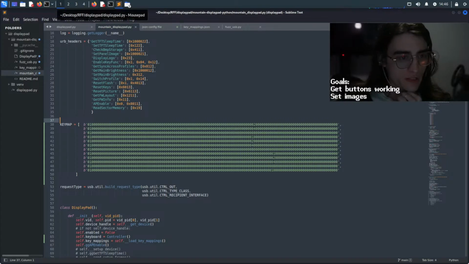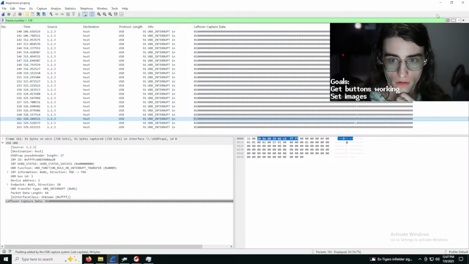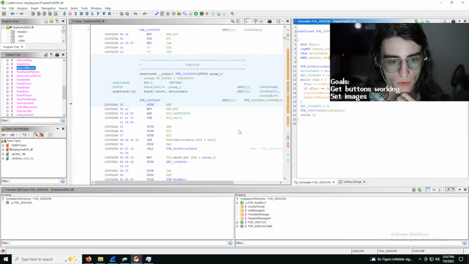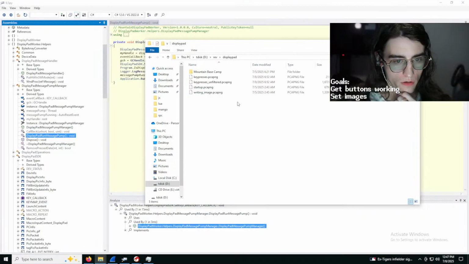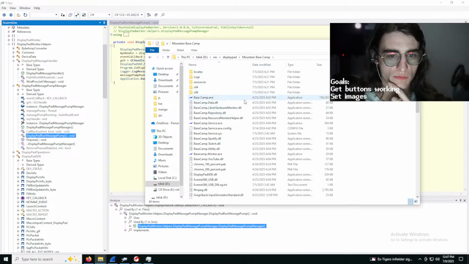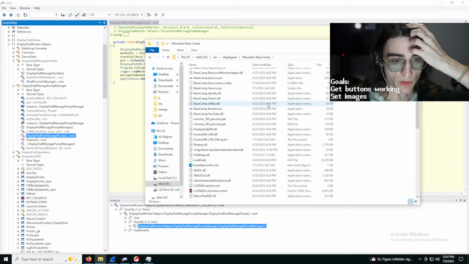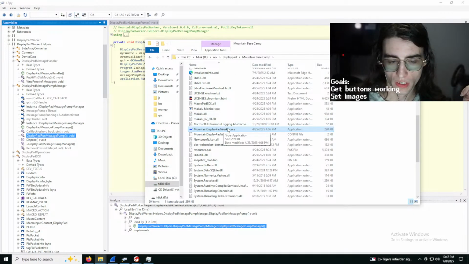But something else that's kind of fun is, over here on the Windows side of things, I've got Ghidra set up. This whole display pad software is called Basecamp, and it's made by the company that produces this hardware. The one part that talks to the hardware that I have is this mountain display pad worker.exe, and this